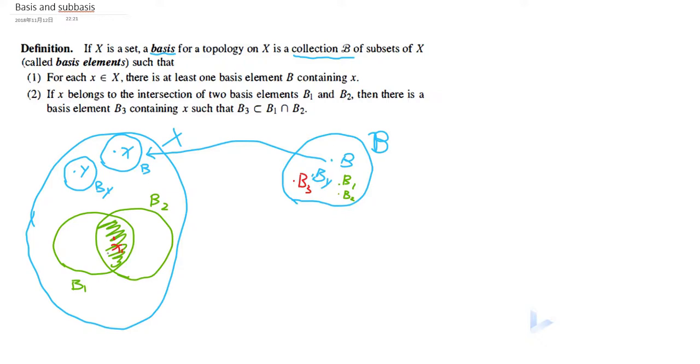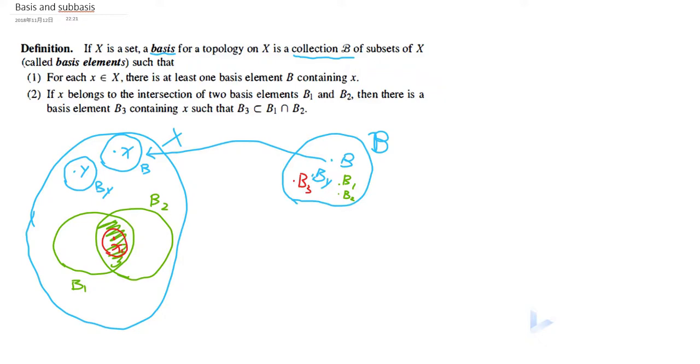The B3 contains this point x1, and this can be easily satisfied because of the first property. But in addition, this B3 should be contained inside this intersection of B1 and B2. So we should not only find a B3 to contain this x1, but we should also require this B3 to be inside this